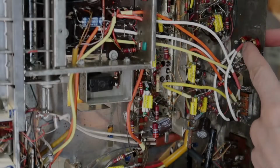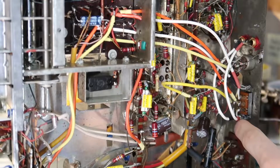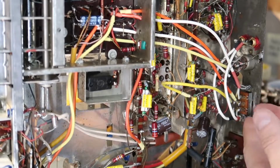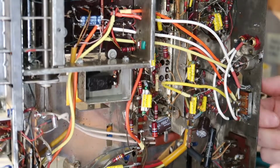Still not 100% sure what to do about these RCA inputs. I really want to have a Bluetooth signal come in here. They have this annoying switch which you can't access from the front of the machine. You have to go all the way around back, take off the back panel, and then switch it, which is